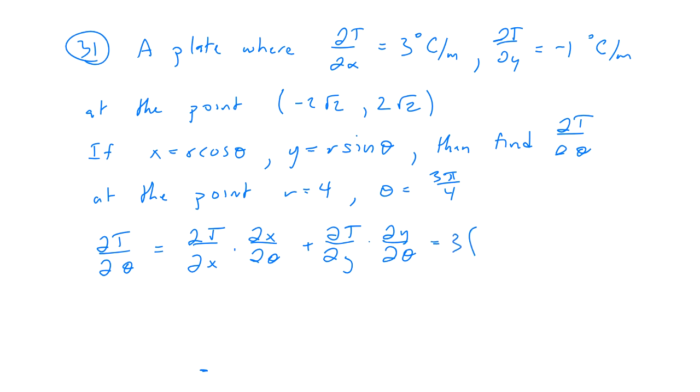The derivative of x with respect to theta is minus r sine theta, and then minus 1 times the derivative of y with respect to theta, which is r cosine theta. So now if I put in r equals 4 and theta equals 3 pi over 4,